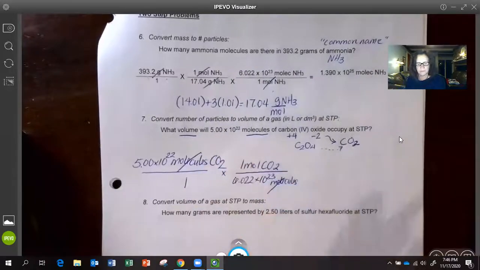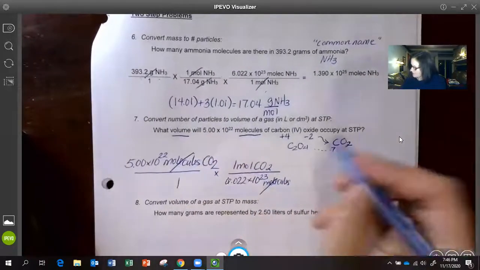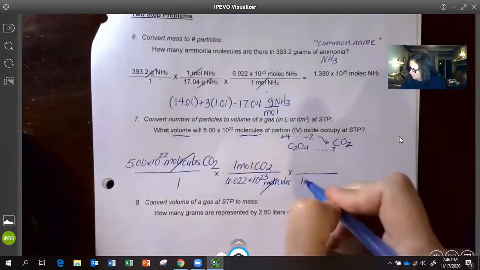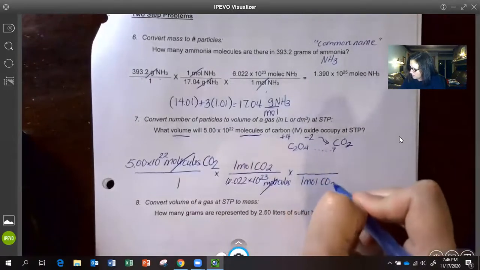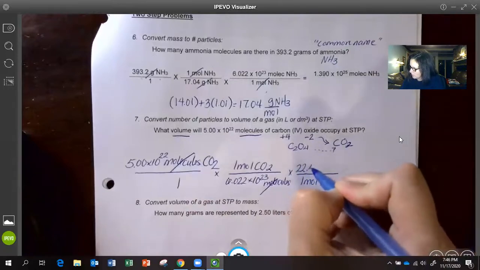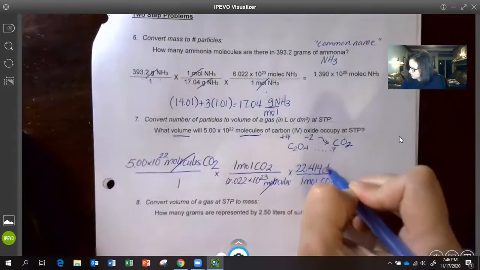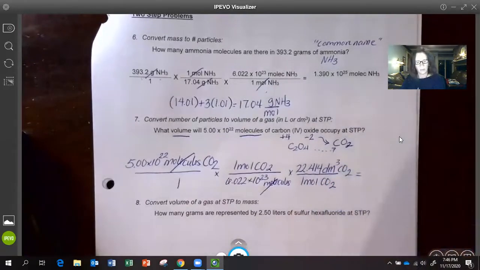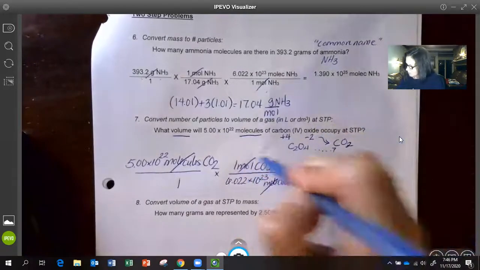Molecules are going to cancel. And then our second conversion factor to go from moles to volume, 1 mole of CO2 corresponds to 22.414 cubic decimeters of CO2. That's called the molar volume of a gas. Moles will cancel,